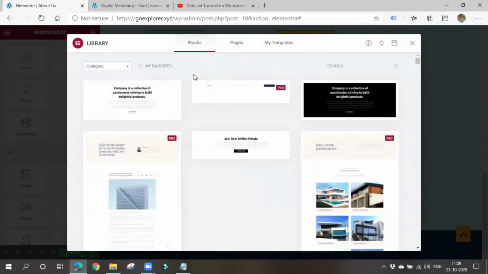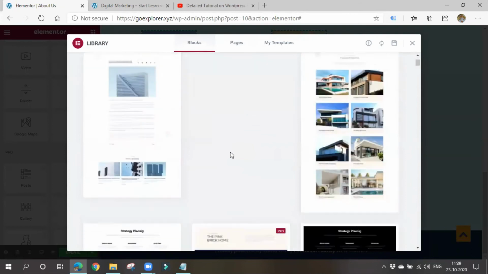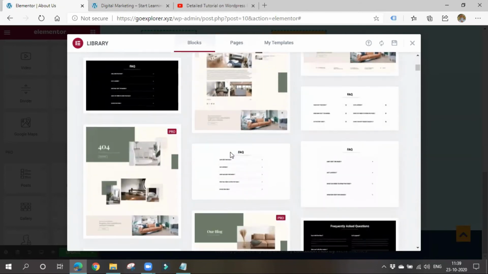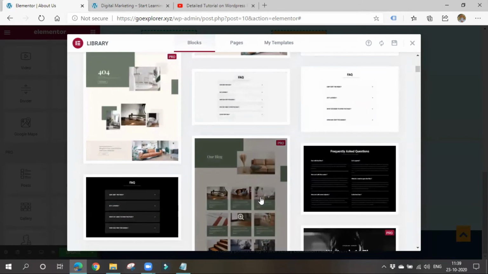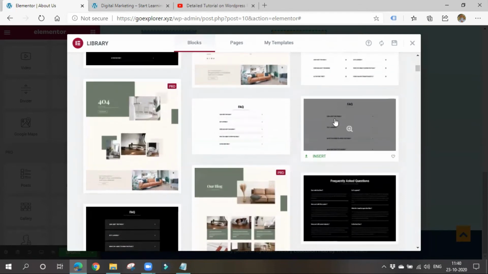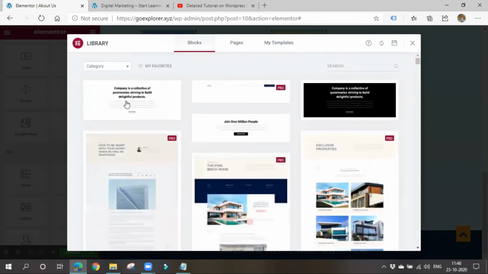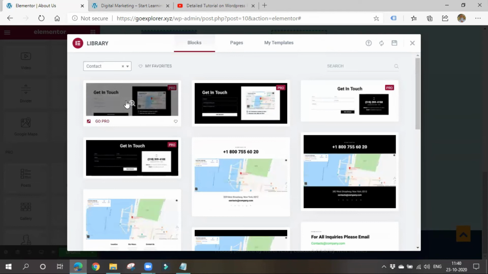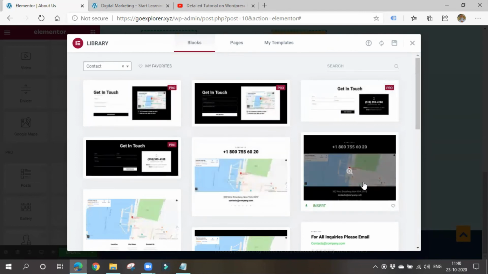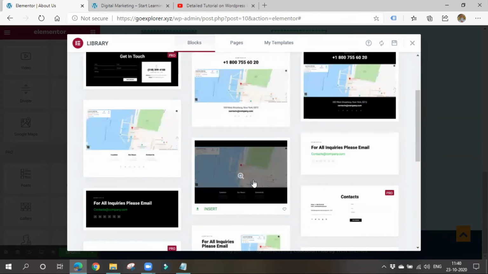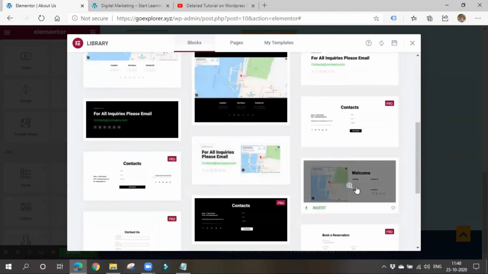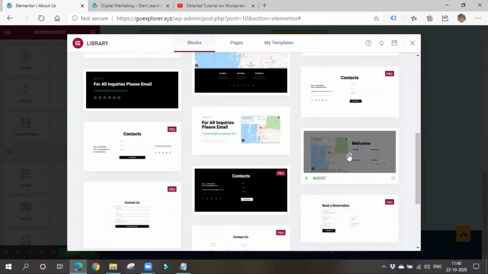First, I'll talk about blocks. I want some Google Maps, or I want to display some FAQs. You can use them. Some things we can use, but some we have to go pro for, meaning we can't use them unless we pay. You can search here if you want anything. If you want any call to action, I go for contact. Only some things will be free. So I'll search, and I'll choose this one.